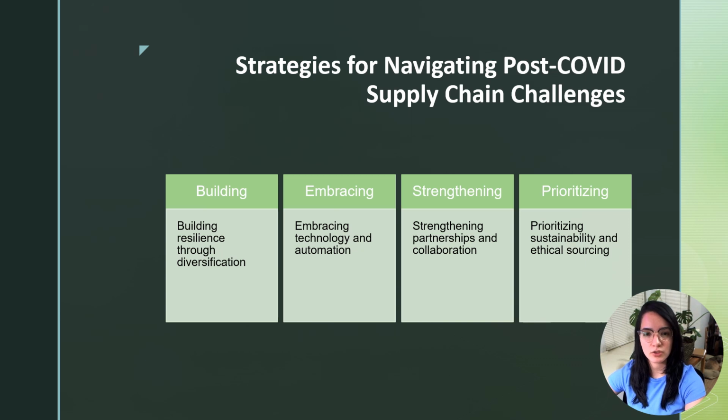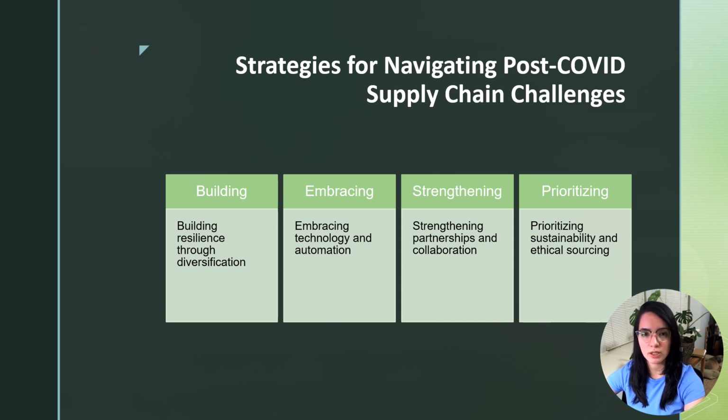Firstly, building resilience through diversification is key. Diversifying supply sources and distribution channels can mitigate risks associated with disruptions and enhance supply chain resilience. Embracing technology and automation is another crucial strategy. Leveraging technologies such as AI, Internet of Things, and blockchain can optimize operations, improve visibility, and enable predictive analytics for better decision making. Additionally, strengthening partnerships and collaboration with suppliers, distributors, and other stakeholders can enhance communication, agility, and responsiveness